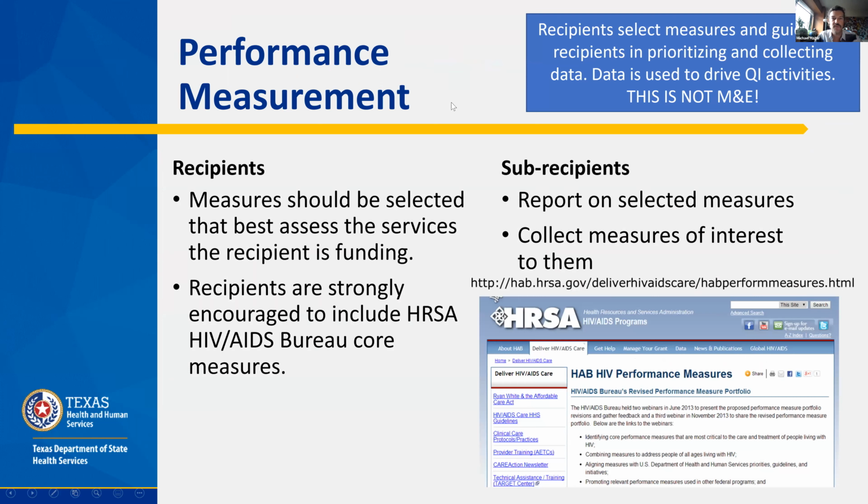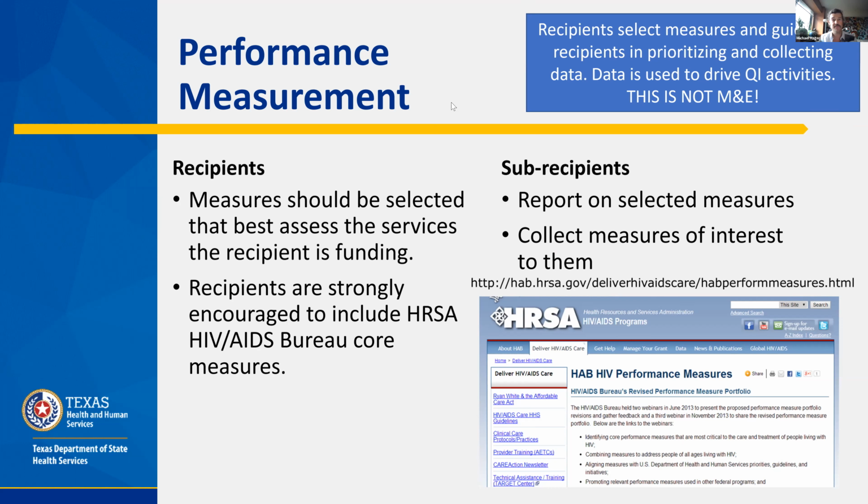So what does that mean when we think about performance measurement in the Ryan White HIV/AIDS program? Well, this slide comes from our intro presentation that we did, I think in November of 2020. And the idea here is that the measures are selected by the recipients. Well, so who is the recipient? The recipient in R, as a reminder, is DISHES. DISHES is the Part B recipient. And all of you are sub-recipients to DISHES. So you follow DISHES